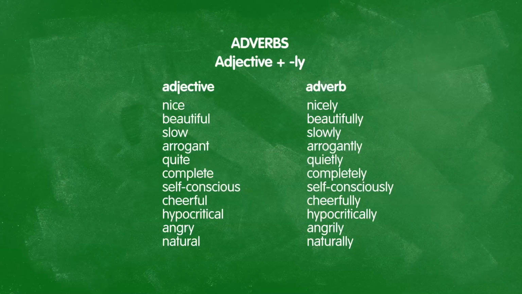So, if we want to talk about adverbs, first we should admit that most adverbs in English end in -ly, and you can very often make the adverb form of a word by simply adding -ly to the adjective. For example, the adjective nice becomes the adverb nicely, beautiful, beautifully, slow, slowly, arrogant, arrogantly, quiet, quietly, complete, completely,